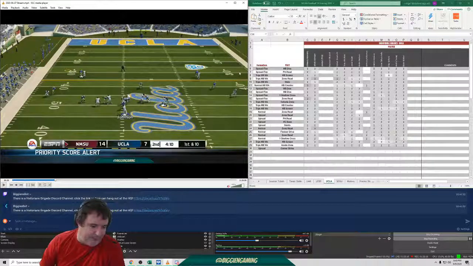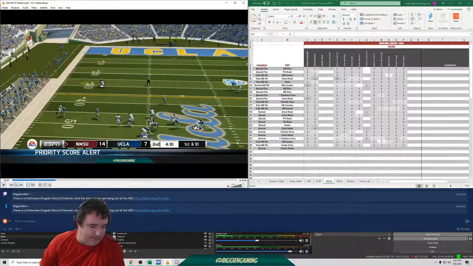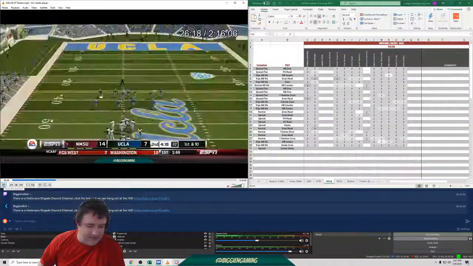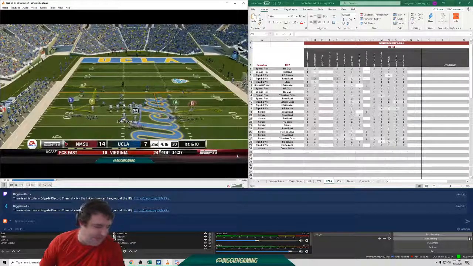That's why you don't throw comebacks to the field. Because if you throw comebacks to the field, that's a long way. It's a lot easier for the DB to make a break on it. Now, if I had thrown to Downs, we probably get the pass complete and probably have a bigger gain. We may make this guy miss and rush for a touchdown. Who knows? But the decision's been made, and we just live with it.